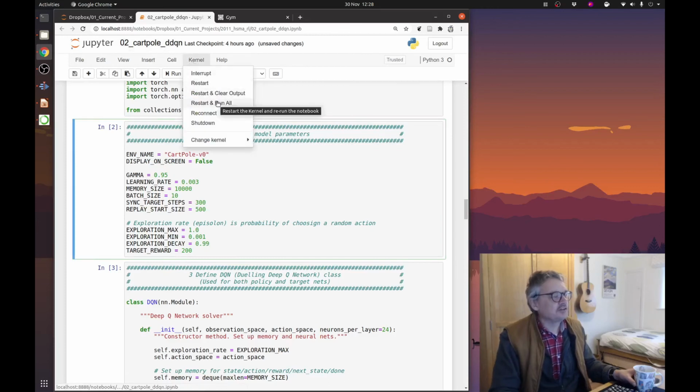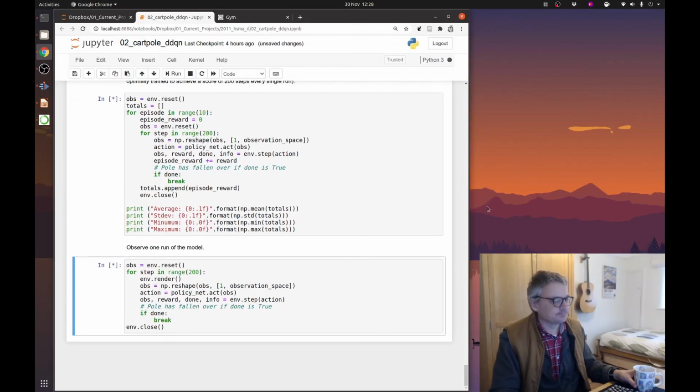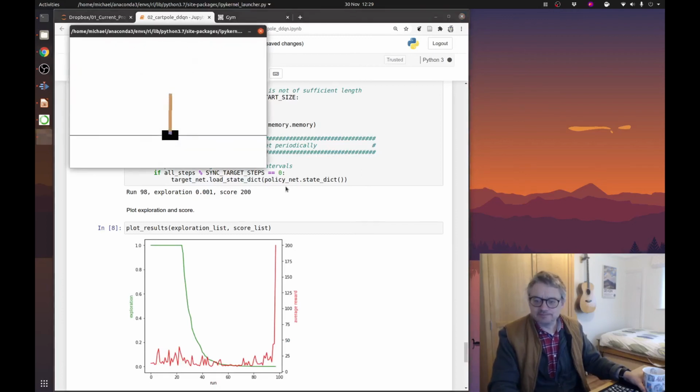You can try changing these things and see how long it takes to get to 200. So now it's running again. Our exploration rate's dropped much faster. It may be worse, we'll see. If it's deciding too early to always follow the net, but